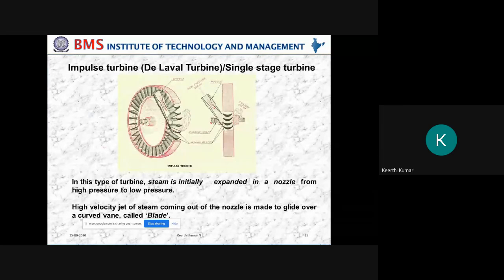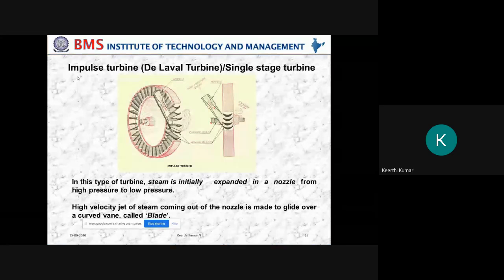Next, this figure, does anyone remember where you saw this figure? I hope at least one or two students will tell the answer. This figure I have taken from the EME textbook, the Gopalakrishna book, just to remind you that you have already gone through all these concepts in EME. The same figure is there in the EME book also.